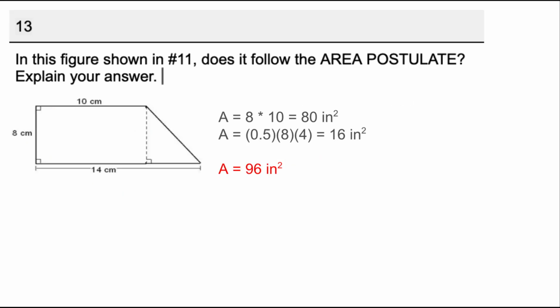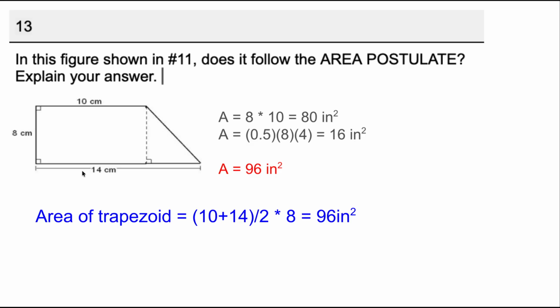So we're going to go back to look at number 11, and it says, in this figure, does it follow the area postulate? Explain your answer. Well, we found this by finding the area of the rectangle and then the area of the triangle. This time, let's find the area of the trapezoid, the entire shape. So to find the area of a trapezoid, we add base 1 plus base 2, which is 24, and then divide that by 2, which is 12, and then 12 times the height of 8, and so